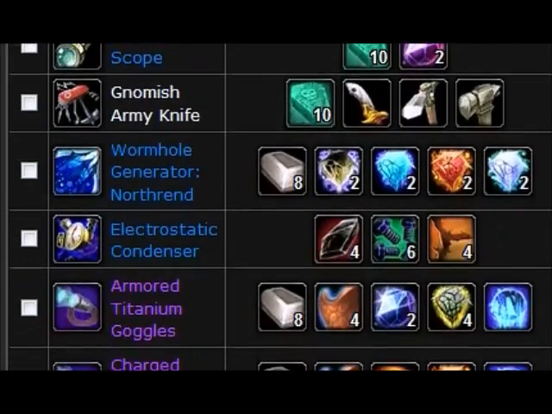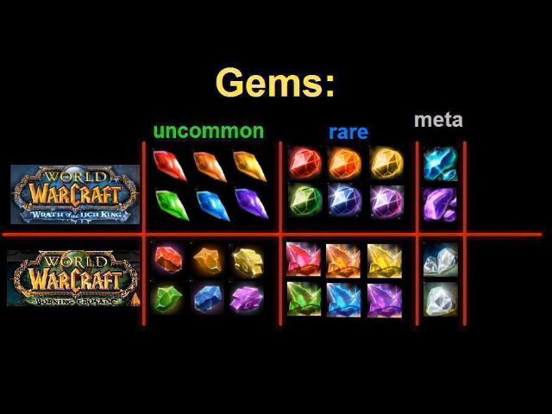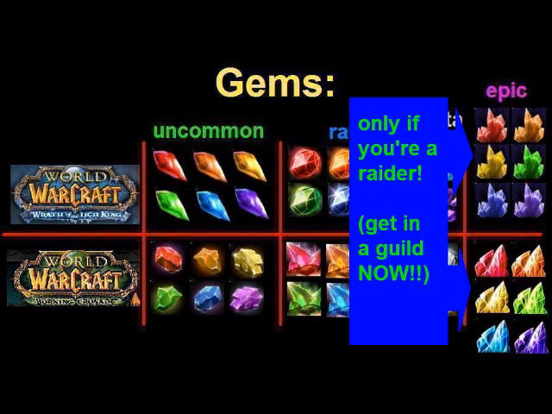For starters, Blizzard kept the same philosophy for gems as they had in the Burning Crusade. There were 6 colors of gems, there were meta gems, and as new content came out they added epic level gems as well, just like in the Burning Crusade. At first these were raid only, but later on, Blizzard made epic gems easier to acquire, for instance by prospecting